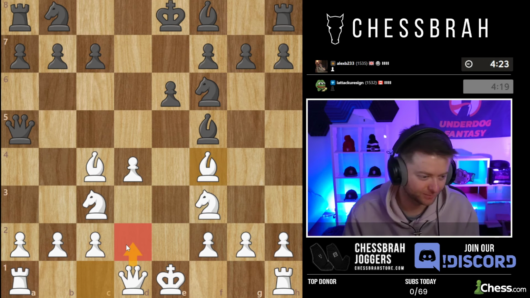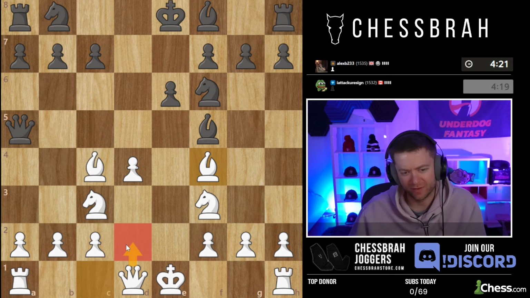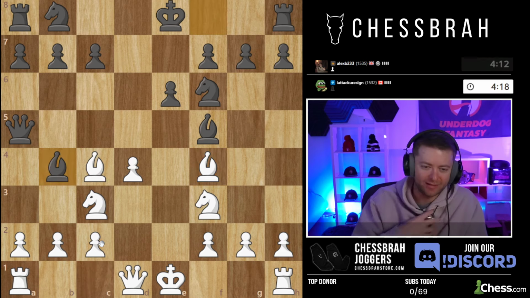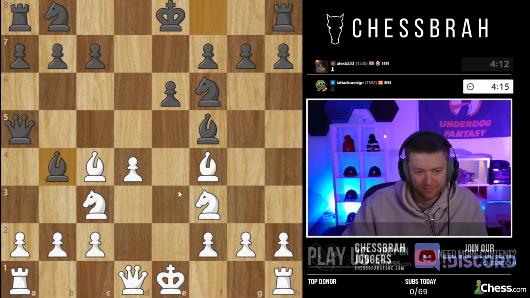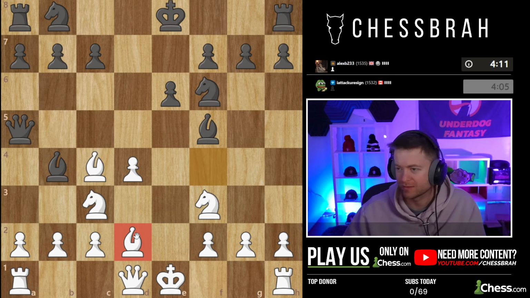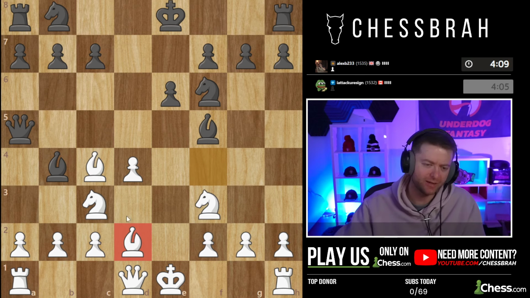Maybe queen d2. If knight d5, I guess we'll go back bishop d2. Ready to take back. The only thing that's kind of annoying about that is, okay, we'll do this. Could castle. I don't really love that he's gonna also castle that way, so yeah, let's do this. We got a3 next, so we might get the bishop pair. Again, not really the end of the world, but